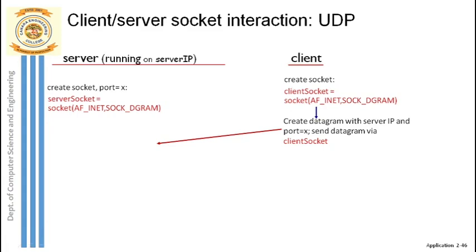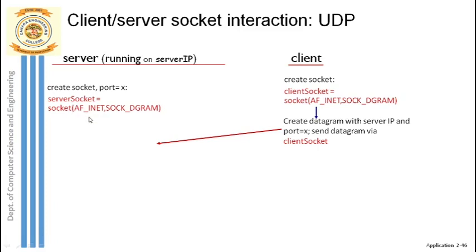Yeah, so there also you can see the function is the same function used. Like how we use the socket function at the client side, in the same way the socket function is used here. The first parameter is inet, which indicates the IPv4 addressing scheme, and then you use datagram, which indicates that it is a UDP socket that you're creating, and it returns the port address. This time what port address? It is the server side socket's port address that is returned, and that port address will be stored in server socket.